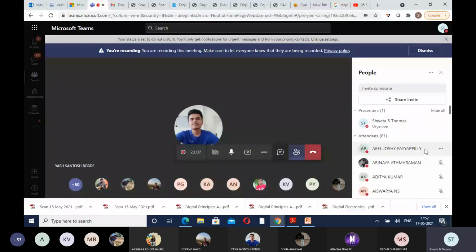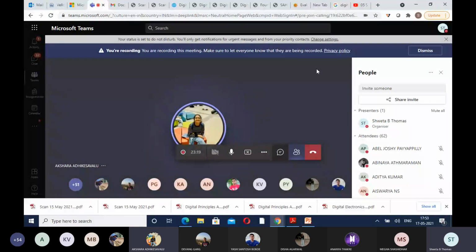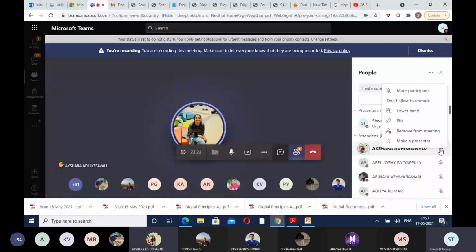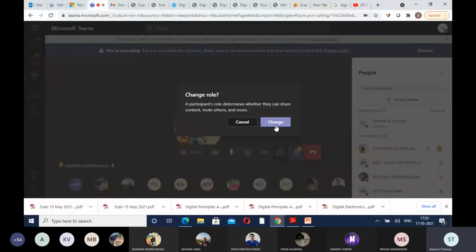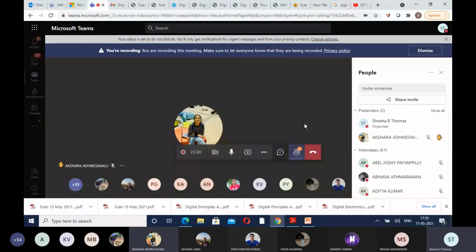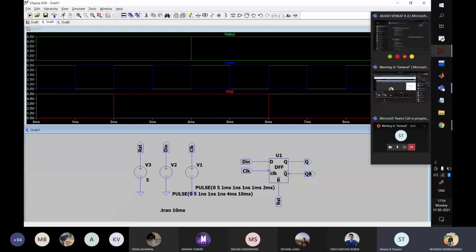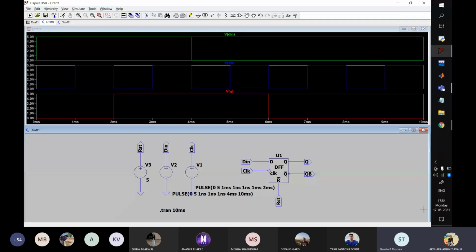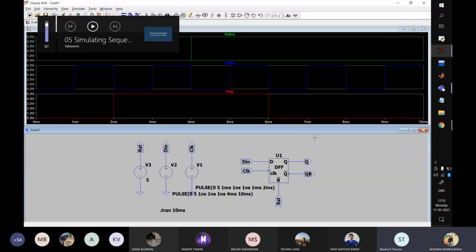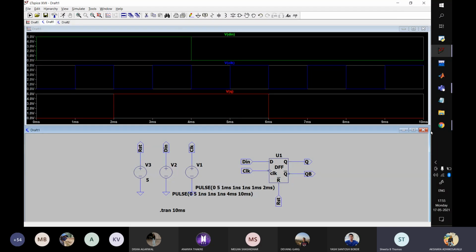So I'm not expecting everyone to show this right now, but if somebody has done it, then they can show. Who was asking for permission? Ma'am, me, Akshara. Yeah, please raise your hand, Akshara. Akshara, you can show. Ma'am, can you see? Can you zoom in? I'm only interested in the circuit diagram.